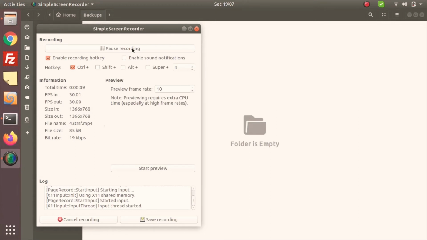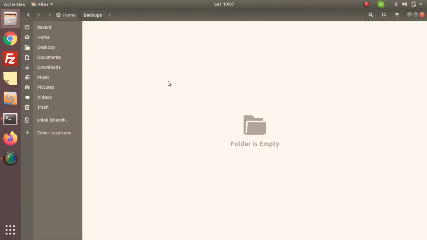Whenever I am working on a project, I generally take a backup every once in a while, and the way I take a backup is I compress the file or the project, and then I copy it and paste it to a folder, which generally I name as backup. So I just wanted to convert this whole process into one single thing. I just wanted to copy my file or project, paste it in a certain folder, and automatically compress it. It saves time and it is a little bit convenient. So I will just show you what I mean.